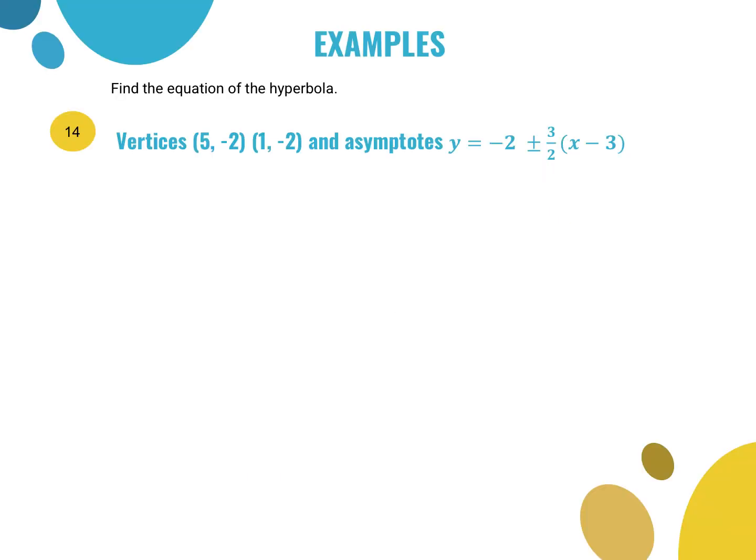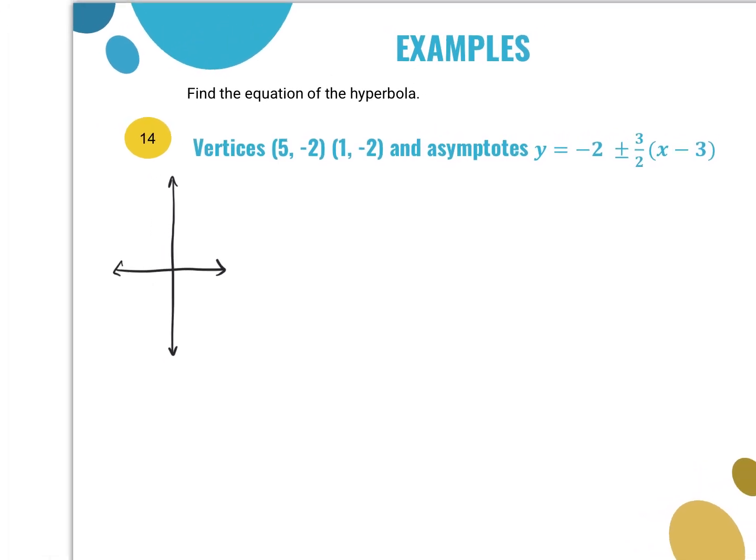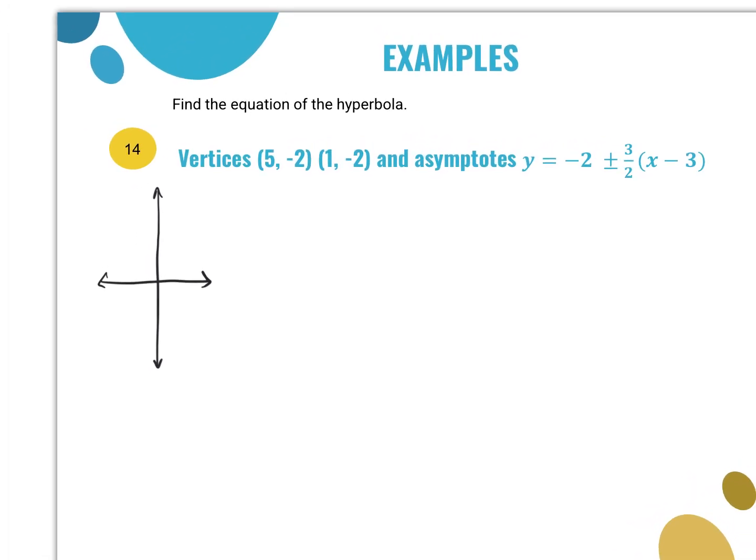Okay, and then the last one. In this one you're going to notice that you have a center located somewhere other than 0, 0. So that's kind of cool that we finally got one of those. Notice that your vertices are at 5, negative 2,